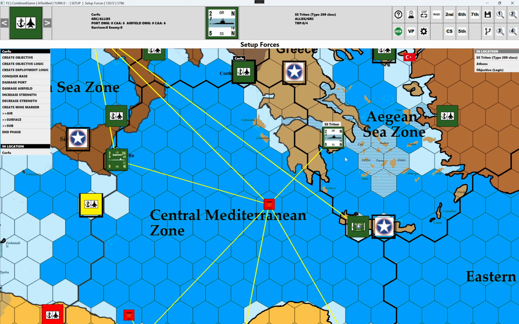Okay, so I'm in the setup forces. This version is not out yet. I probably won't put it out until I have planes and ships working. So just to give you guys a level set, what we're doing here is I'm setting up a scenario,